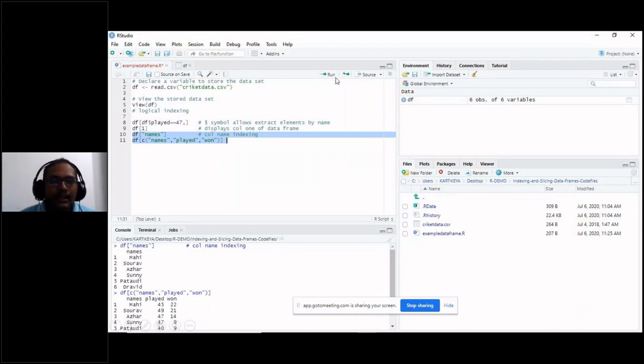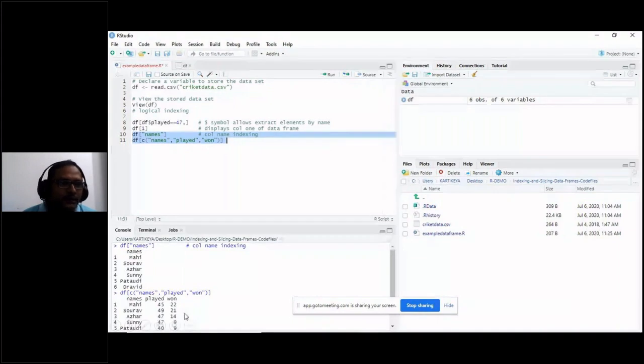If I press the source command here, it will run the total program instead of a particular instruction. Suppose you have run the program up to this point, but you want to run the remaining two instructions, then simply select these two instructions and use run. Then R will know that you are continuing the process, and it will process the remaining two instructions.